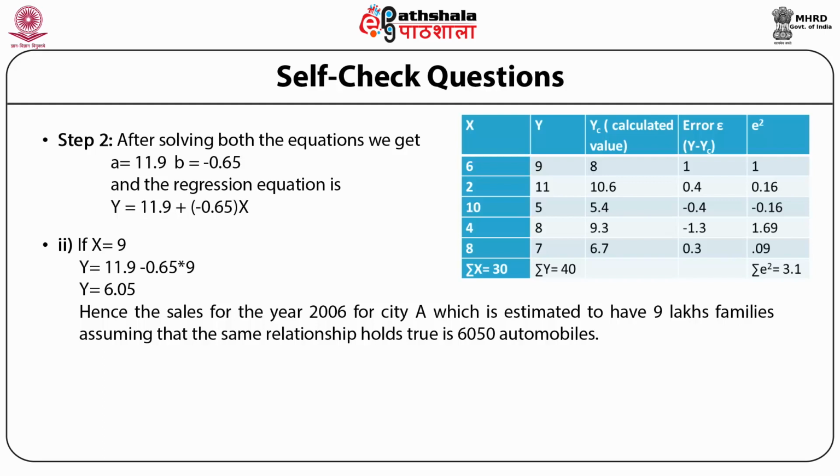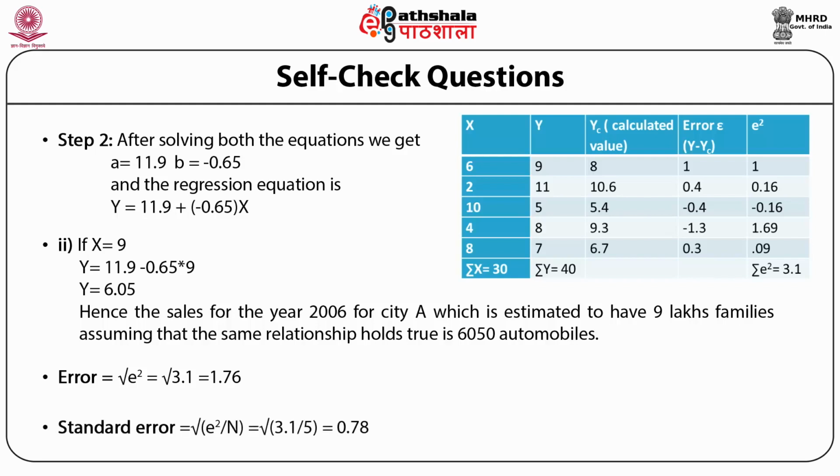How are we going to calculate the value of error? We will simply put in this value: error e squared is equal to the square root of 3.1, which is equal to 1.76. How we have calculated it is clear from the table: the error is the calculated value minus the actual value, that is 9 minus 8 is 1, 11 minus 10.6 is 0.4, and similarly 7 minus 6.7 is 1. So this is the value of error you have got, and you use it to get the standard error,